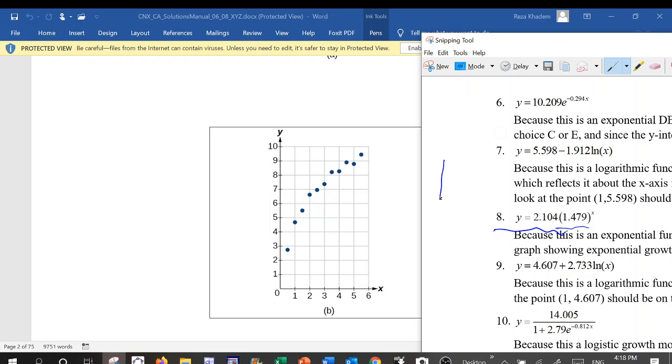What does a logarithmic graph look like? It looks like at first it is increasing, then it slows down, right? So that looks like logarithmic. Now, the y-intercept for this is around maybe 2 or 3. So let's say which one of these is